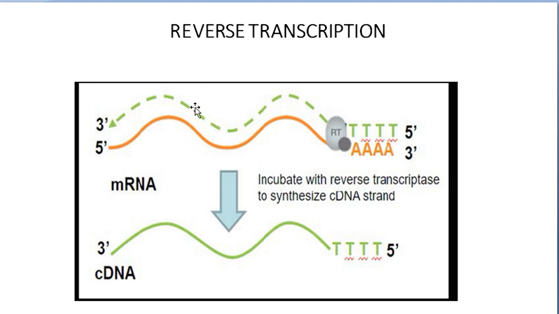One is DNA, one is RNA. Here the green is DNA, orange is RNA. So now I know I do not want this RNA sequence. I used it because I wanted to have a DNA copy from it. Now I have to make a double stranded DNA, but this is a hybrid, so I have to degrade this RNA. So here we will have an RNase H enzyme coming and degrading this RNA, and now I have a single